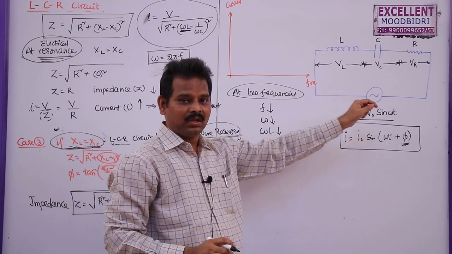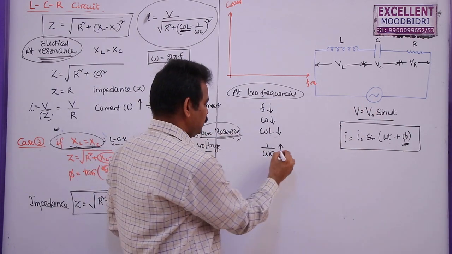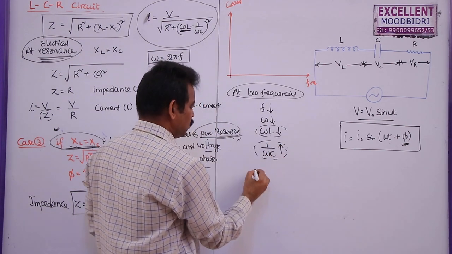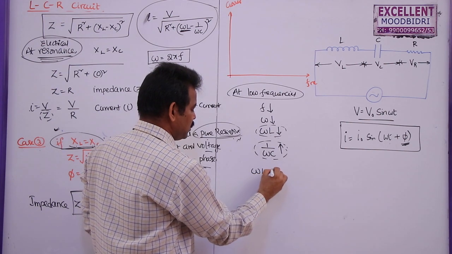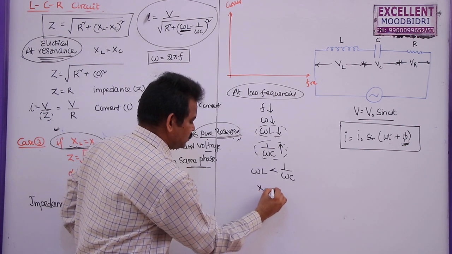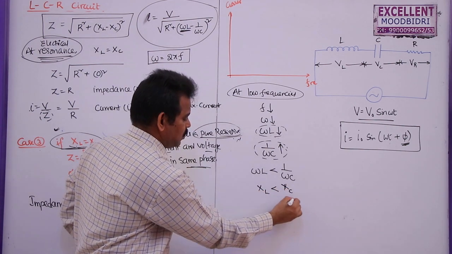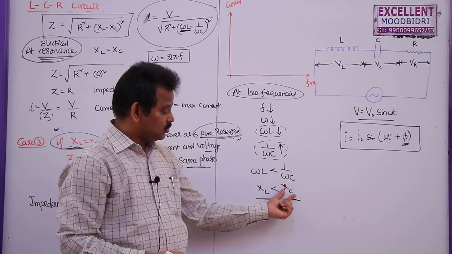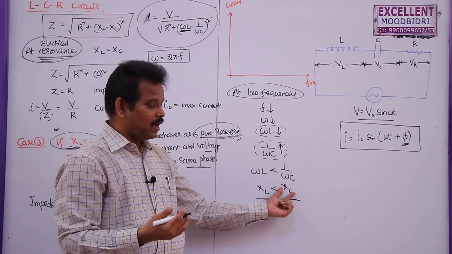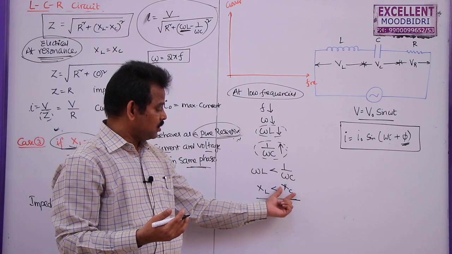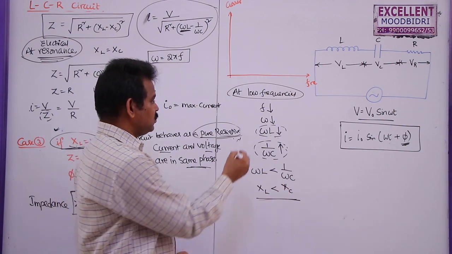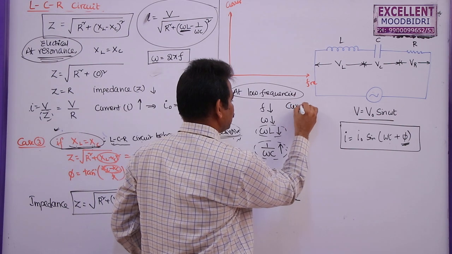If the AC source is giving low frequency, then omega L is less, 1 by omega C is more. So we can write omega L less than 1 by omega C. This is the condition, XL less than XC. In this condition, capacitive reactance is greater than the inductive reactance, so the domination of capacitance is more. The capacitor will dominate the circuit. In this condition, current leads the EMF. So at low frequencies, current